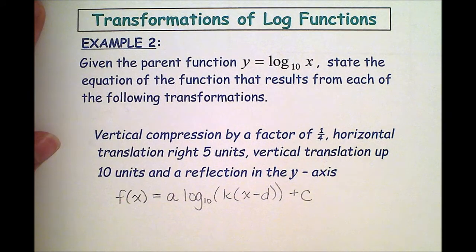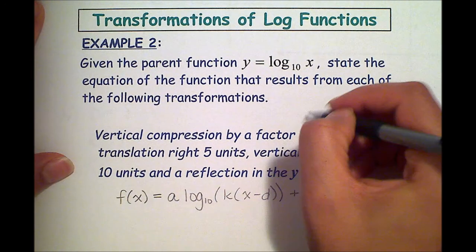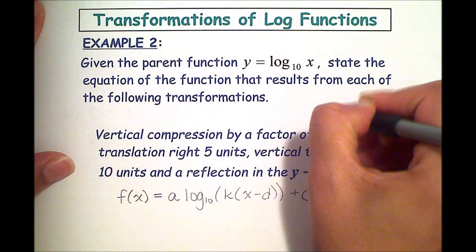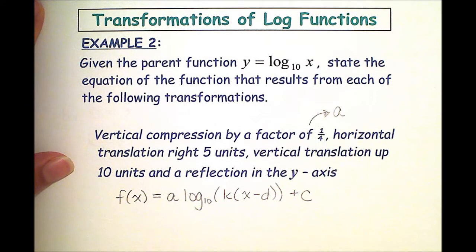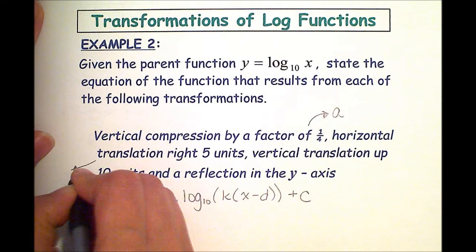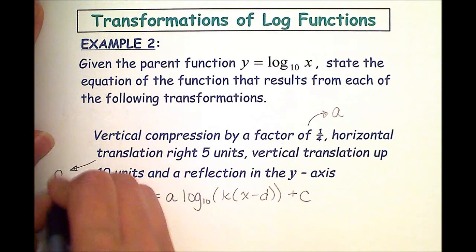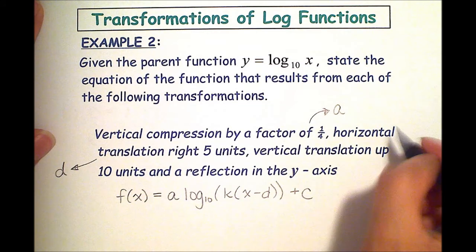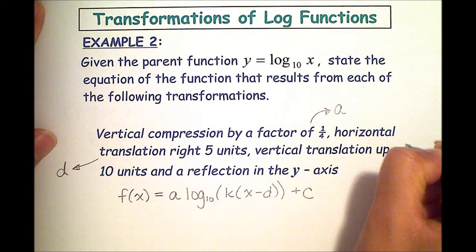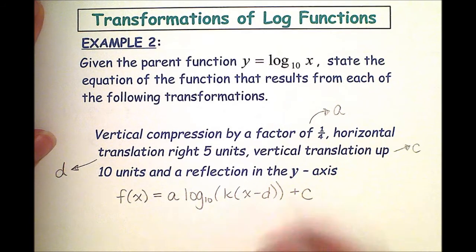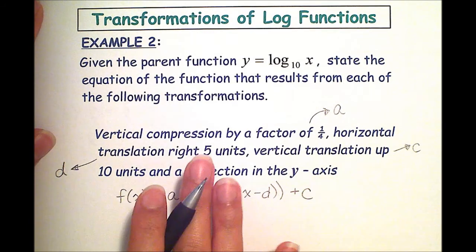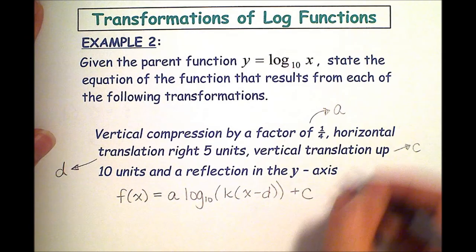So the first part says vertical compression by a factor of a quarter. I know that'll affect the value of a. A horizontal translation right 5 units. I know this is going to affect the value of d. Vertical translation up 10 units, we know this is going to affect the value of c, and a reflection in the y-axis, so that's going this way, left and right, so that is going to affect the value of